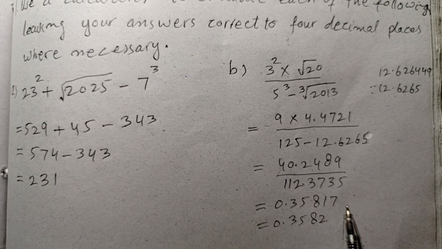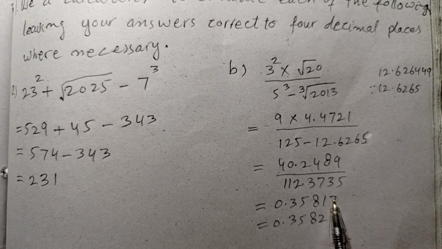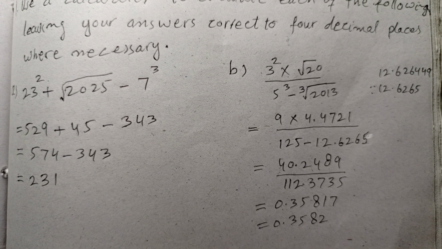And because our question is that we should have 4 digits after the decimal point, so drop 7, because 7 is greater than 5, so 1 will become 2. 1 will increase by 1 unit and it will become 2. Now there are 4 digits after the decimal point, which is our required answer.